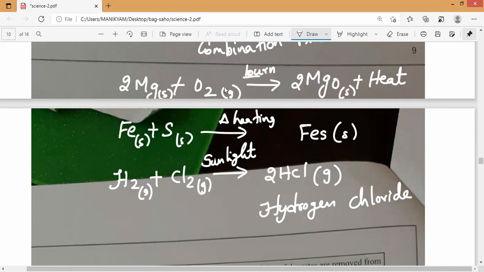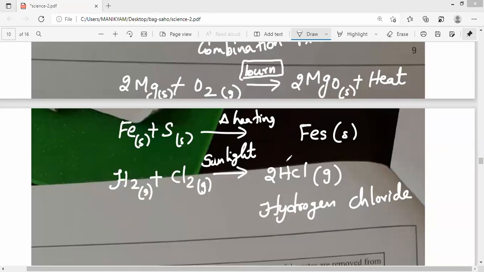This is direct burning. You may ask me, sir, what is the difference between burning and heating? Anybody? Arun Karthikeyan, Ashika? Burning means direct heating. You have to remember that. Heating means we will never heat directly. We will keep it in a container and heat it. Understand, everybody? Yes, sir.